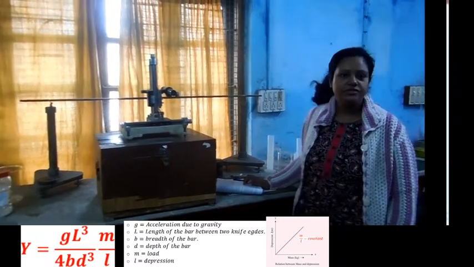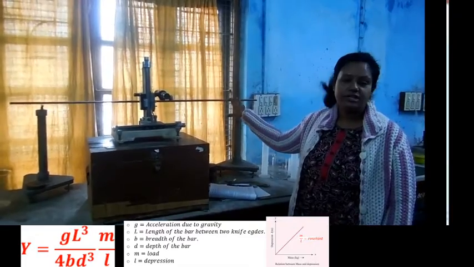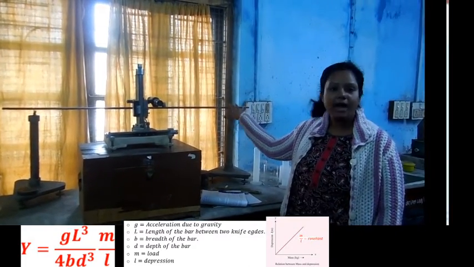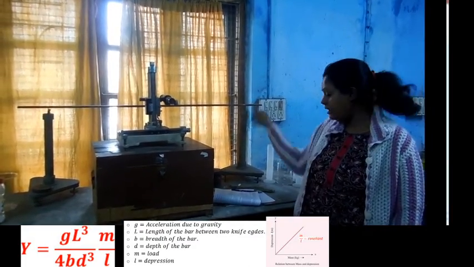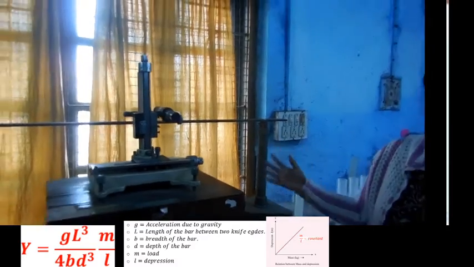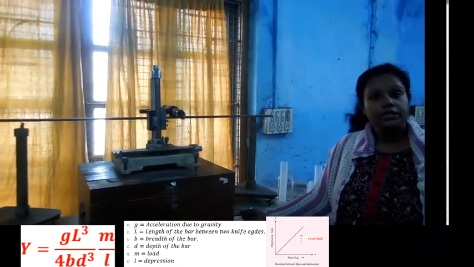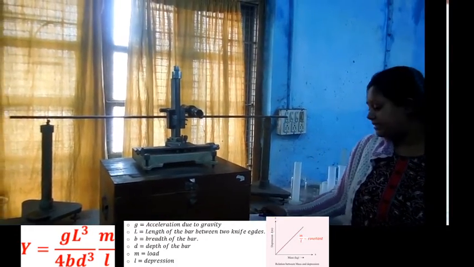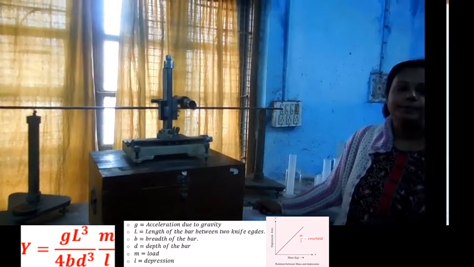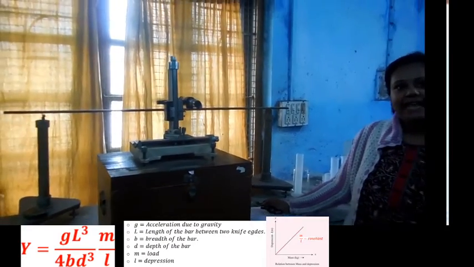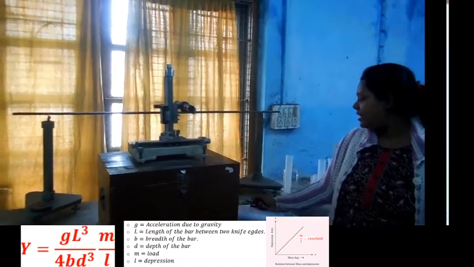Today we are going to demonstrate how to find out the Young's modulus of the material of the bar. Here we have a steel bar, by the method of flexure. In your theory classes you have already studied this. The expression for the Young's modulus is given by g L cube by 4 b d cube, capital M by l, where